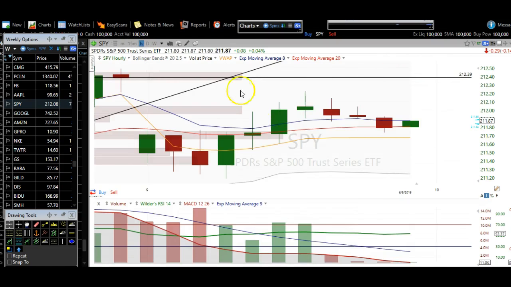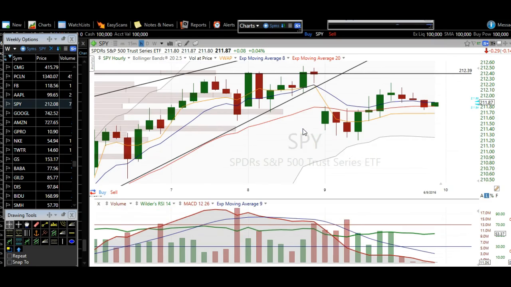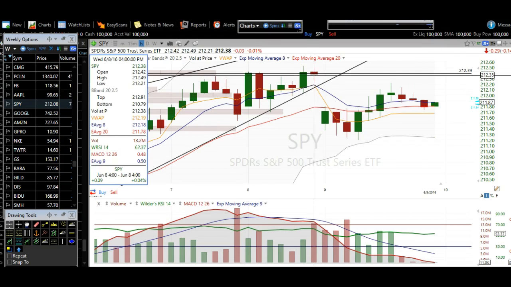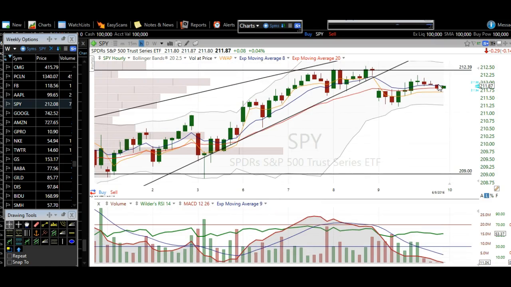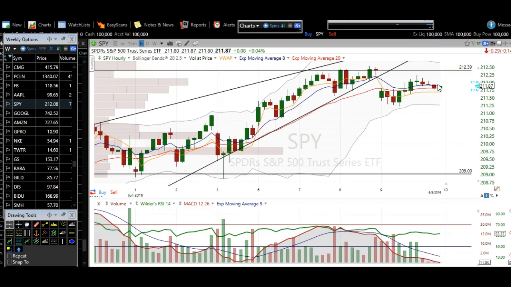So if you look, you can see it a little bit better on the hourly chart here. I'm going to switch back. So the close of yesterday right here at 212.38, and that gap remained unfilled. So I expect we could see a gap up tomorrow around that 212.40 or so level, and then down from there is what I am expecting. I'm ready to be wrong. As traders, we have to react to price, and right here we're seeing the first signs of weakness